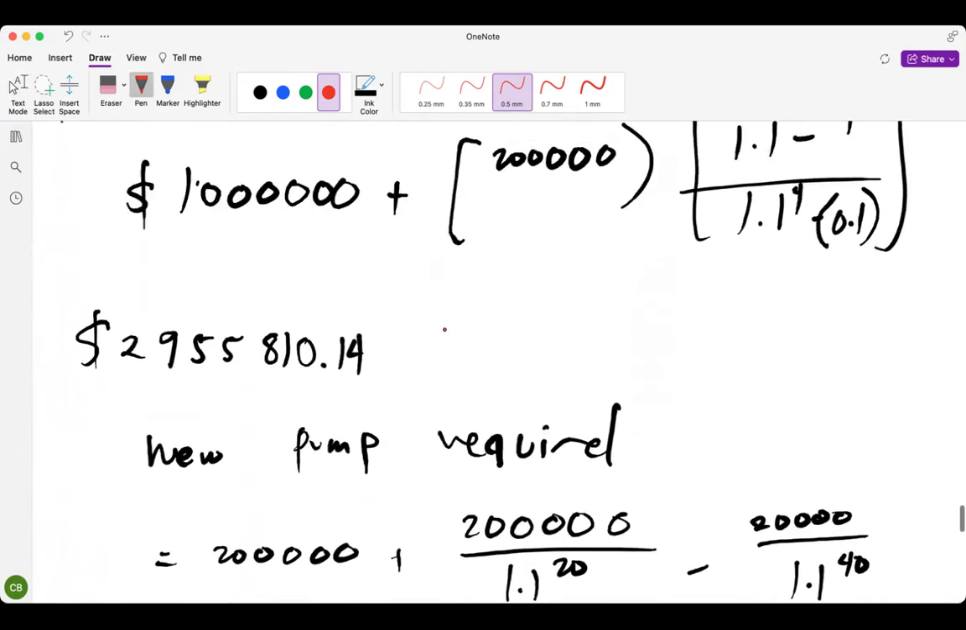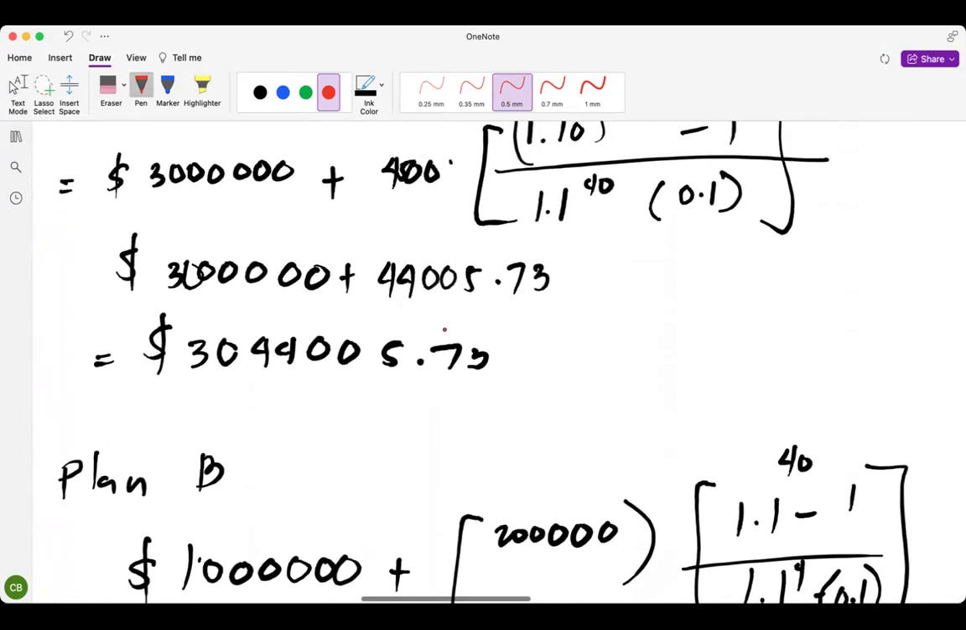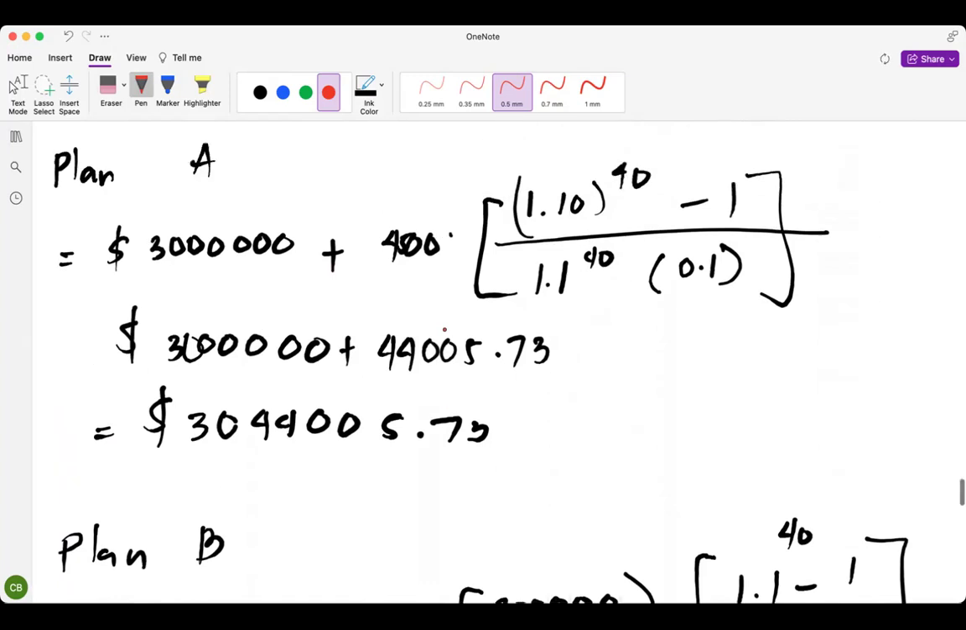Okay. So you can double check the computation. So next,